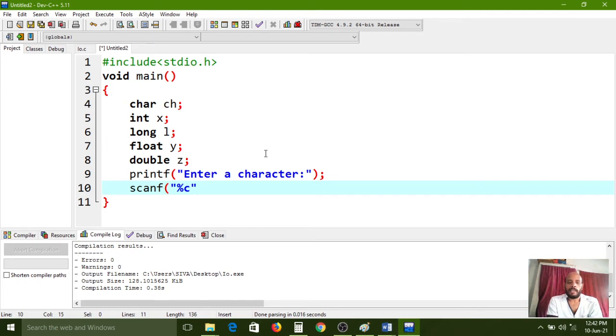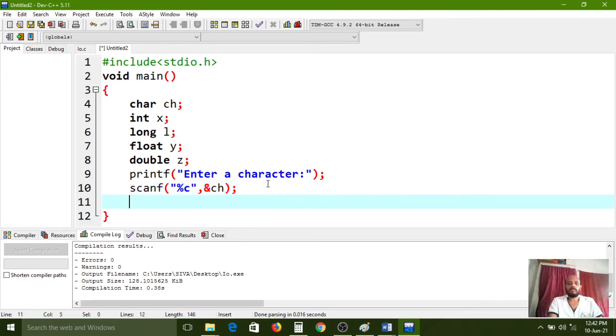You don't get confused here. If you want to enter any character, the scanf function needs to read the %c format specifier here and ch. Why am I giving ch here? For the character, the variable we have declared is ch. So we assign that character variable along with the address operator. The scanf function collects one character from the keyboard. After that, that character is assigned to ch, and it is stored in this variable. So like that, understand?